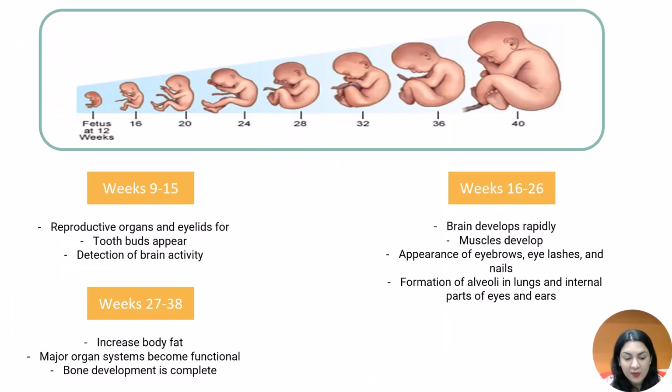Which means that at this point, we're at the end of the 8th week of development, right? So following the embryonic period of development, we have the fetal period of development, running from the start of week 9 all the way through to the point of birth, right? So during the fetal period of development, you have a lot of large changes that occur